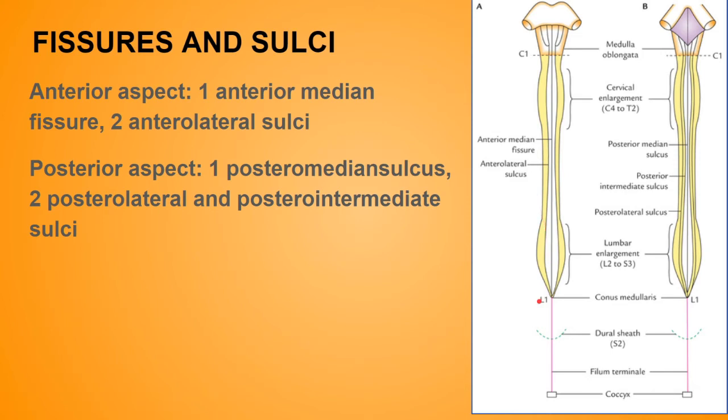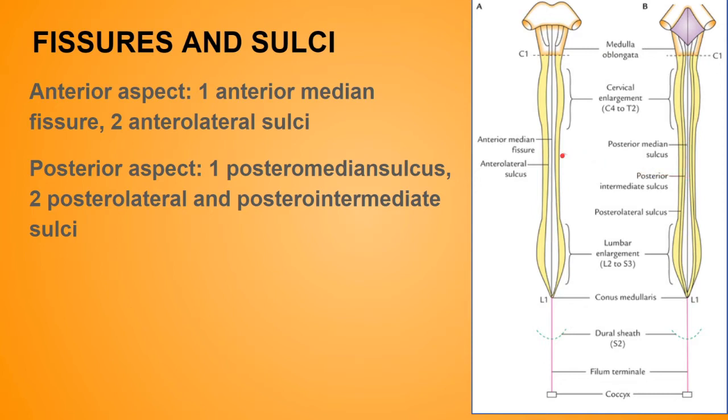and remember, the anterior spinal artery actually runs in this anteromedian fissure. While the posteromedian sulcus is a faint longitudinal groove, and from its floor a septum of neuroglial tissue extends into the substance of the cord to a variable extent. So remember, in the anteromedian fissure runs the anterior spinal artery, and from the posteromedian sulcus the septum of neuroglial tissue extends.